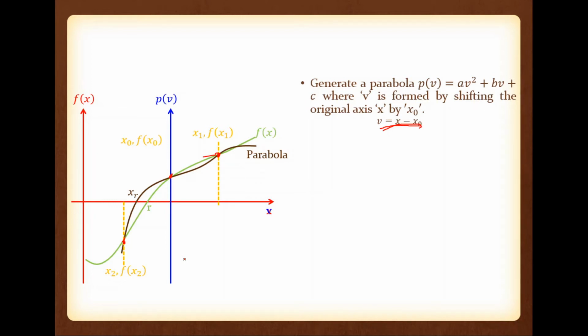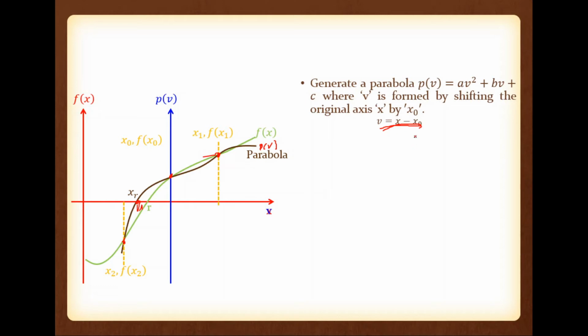You can see from the picture, this is p of v, right? This p of v is intersecting with the v axis. Actually p is a function with respect to v, so that one is this axis. You can see that v is written over x. So this parabolic function is intersecting with the v axis at point vr. So this is vr.